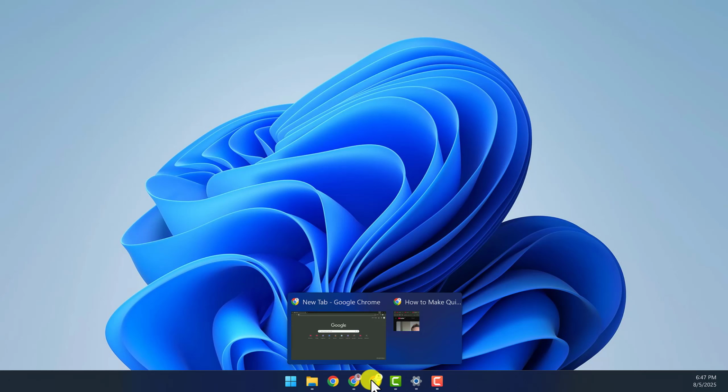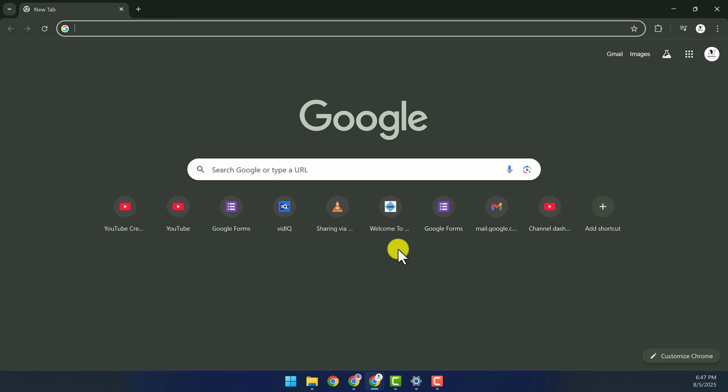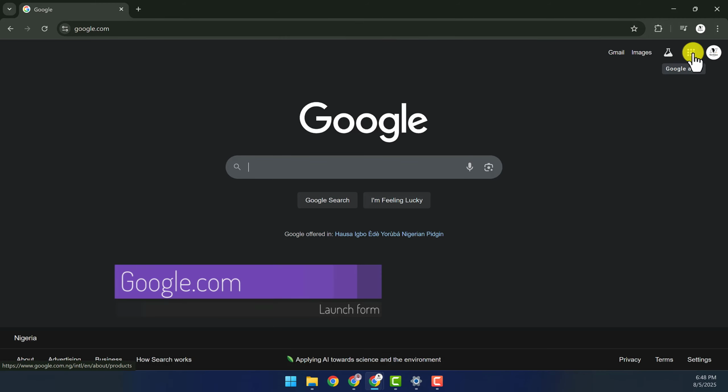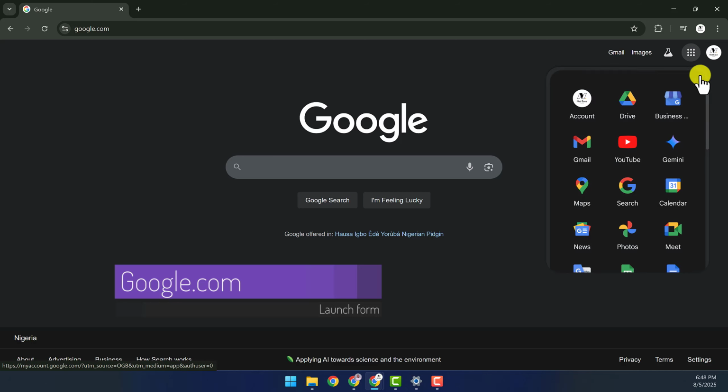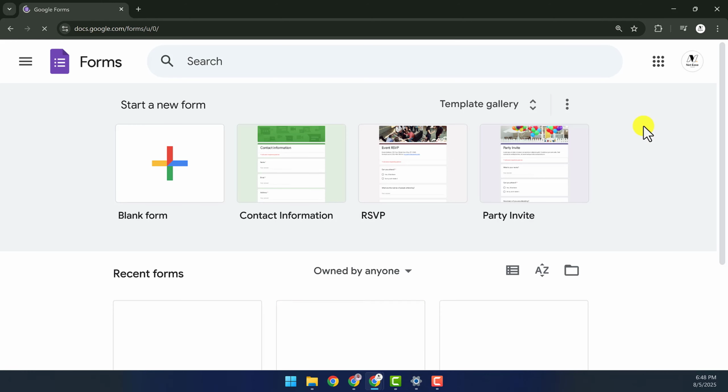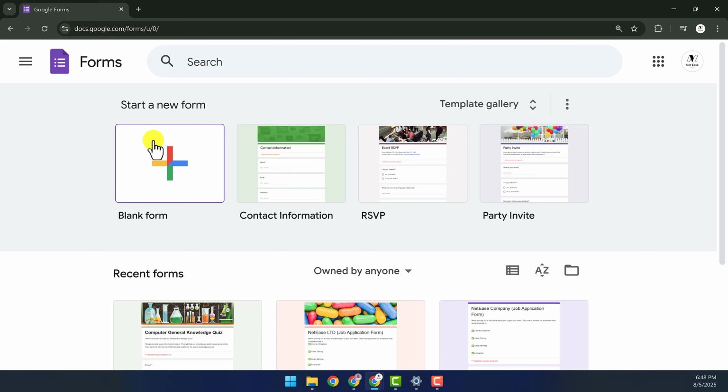There are 4 ways to start a new Google Form quiz. You can begin by visiting your browser and searching google.com. Then go to the right-hand side and click on the app launcher. Scroll down till you see Form, then click on it. This will take you to the Google Forms dashboard, where you can now click on Blank Form to create a